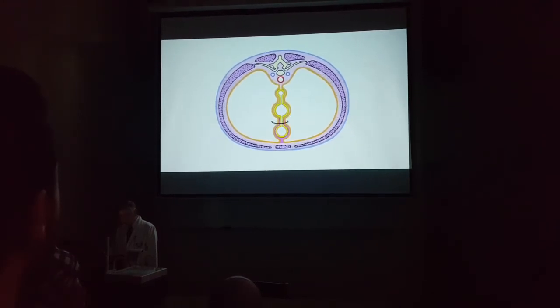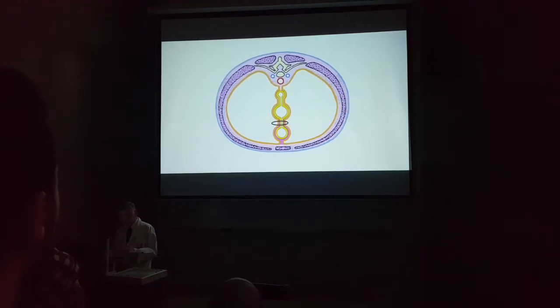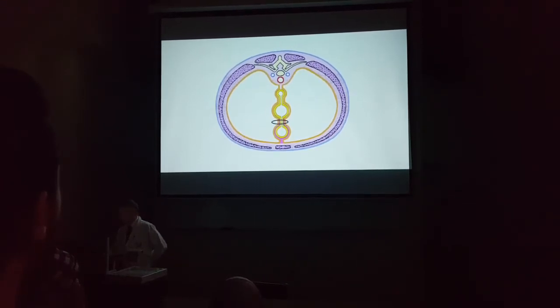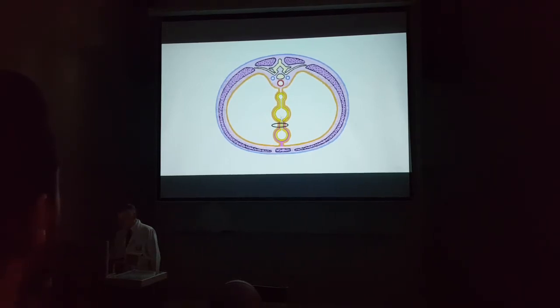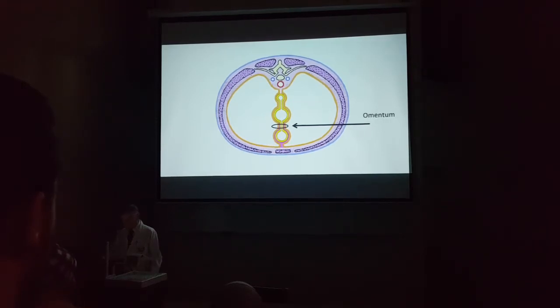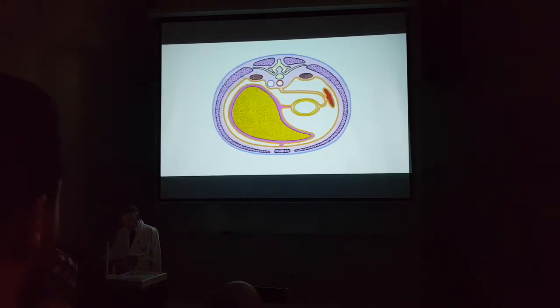Then things become more complicated, more developed. This is also a double layer of peritoneum. But the image is telling you what? It is not attached to the posterior abdominal wall. It is from one organ to another. Right? So this is an omentum. This is the definition of an omentum.